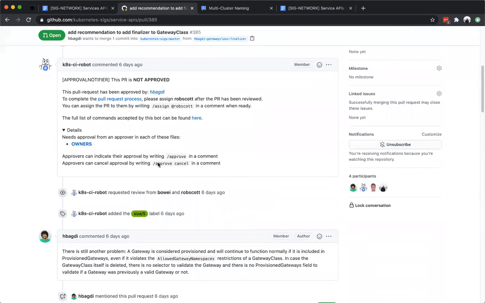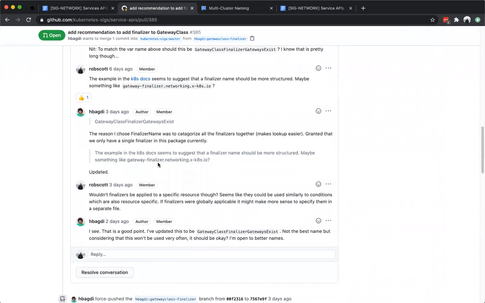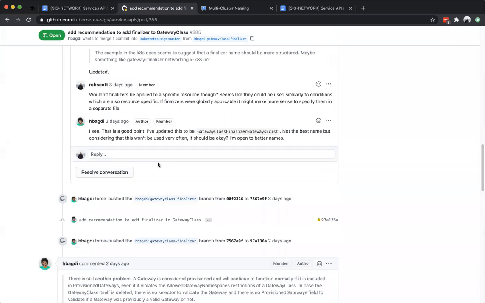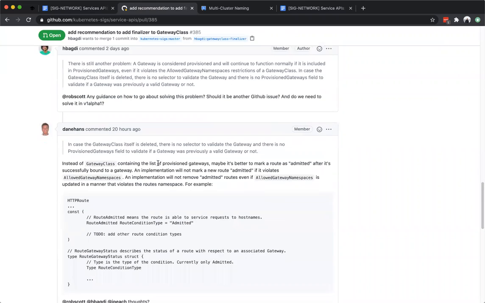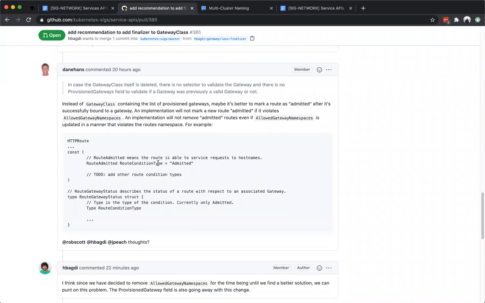This one, I want to say this was resolved. I think I already approved. Did I approve this? Harry, what's the current status of this? I've lost track. I think so. There was a lifecycle problem, and then I sort of overloaded the PR with this other problem of what happens when the allowed gateway namespace selector is violated and the provision gateways problem comes up, and Daniel is pointing to a solution here.